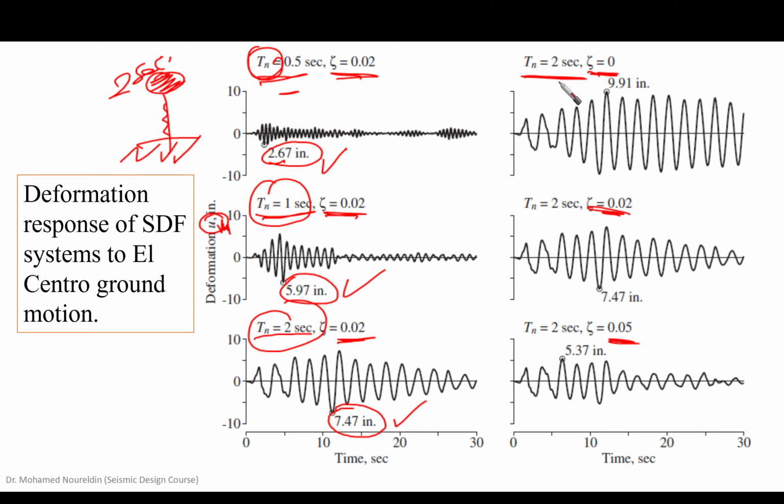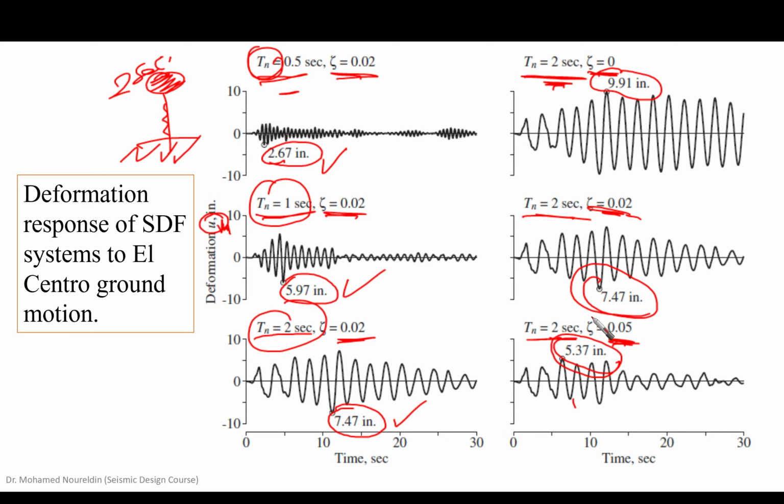However, the natural period is the same: 2 seconds, 2 seconds, and 2 seconds. Let's see this. You're going to find that the deformation in the first case is 9.9, the maximum one. Then when we go to the case of 0.02 damping, we found that the deformation is 7.47, and when we go to the last case, 0.05, we're going to find that it is 5.37